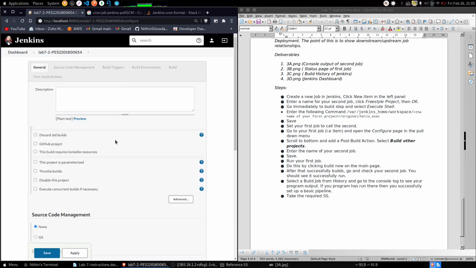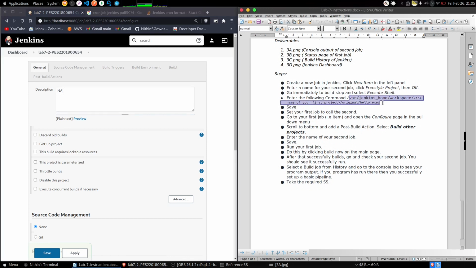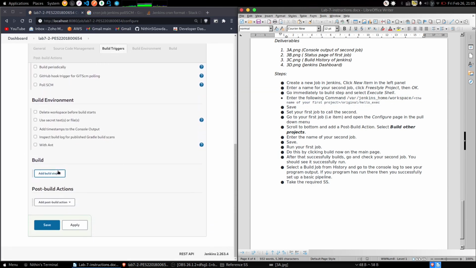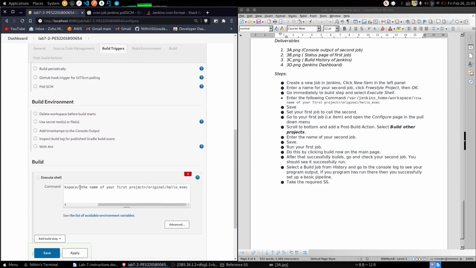Now just enter NA in the description and scroll down. Okay, let me copy this command. Yeah, after the command is copied, just scroll down directly to the build step, execute shell, and then paste this command right here.